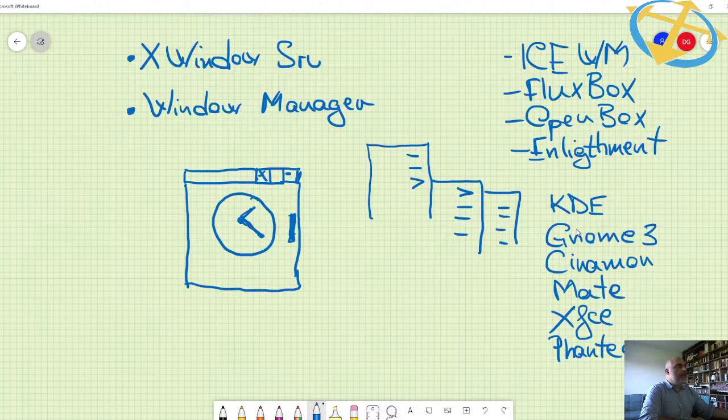We care about the window manager if we want to build from scratch, I don't know, not our own distribution, but our own installation, and we want to tune the resources to perfection, let's say, and consume very few resources,